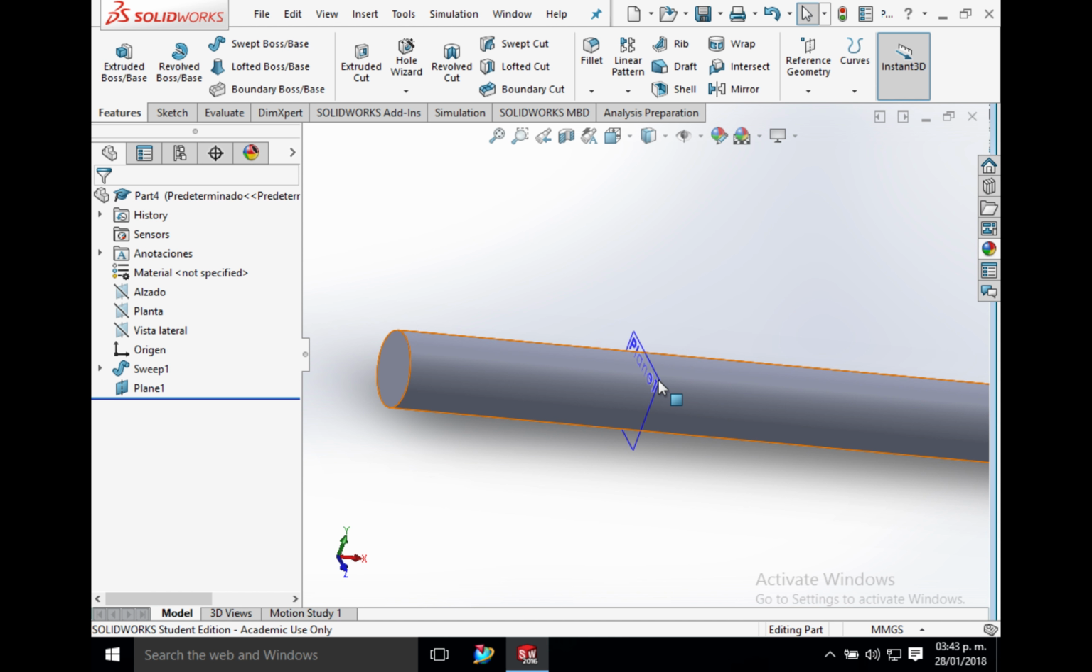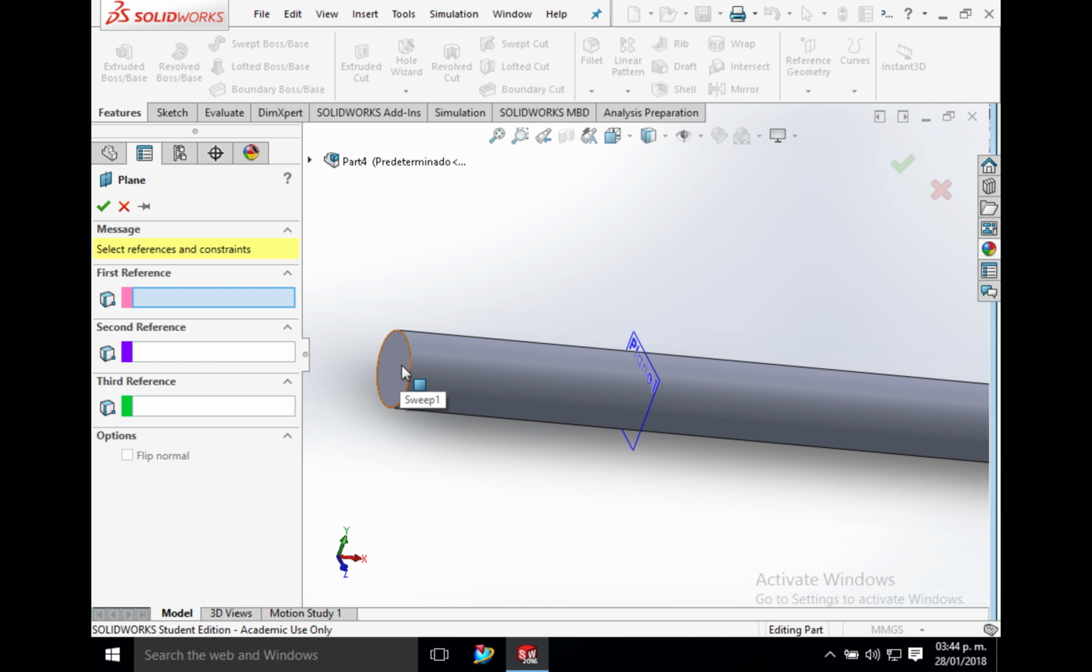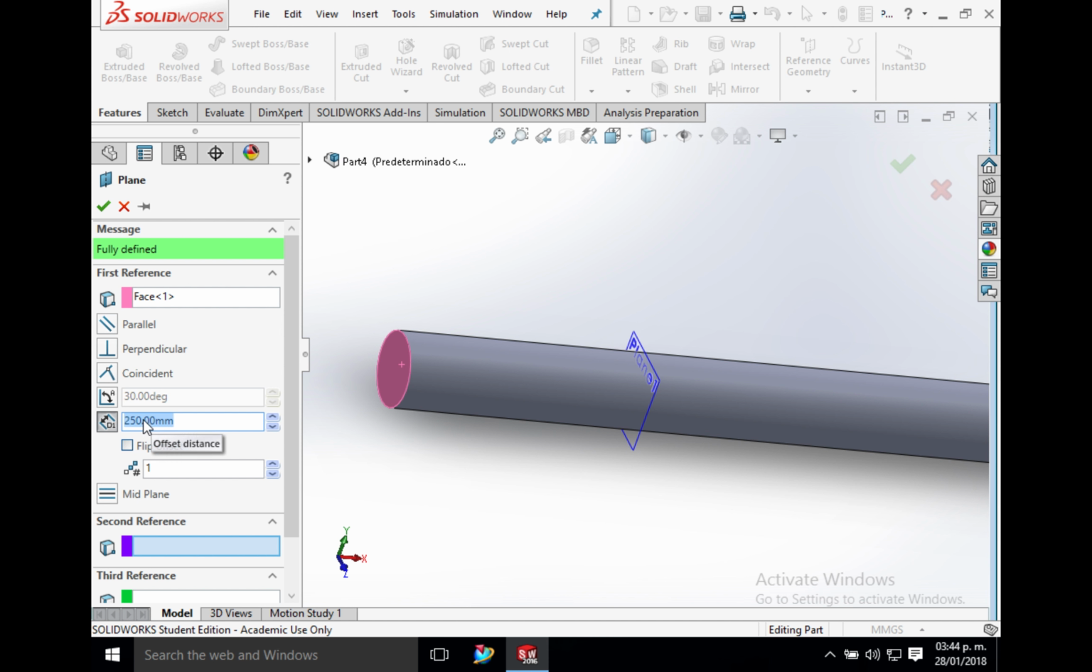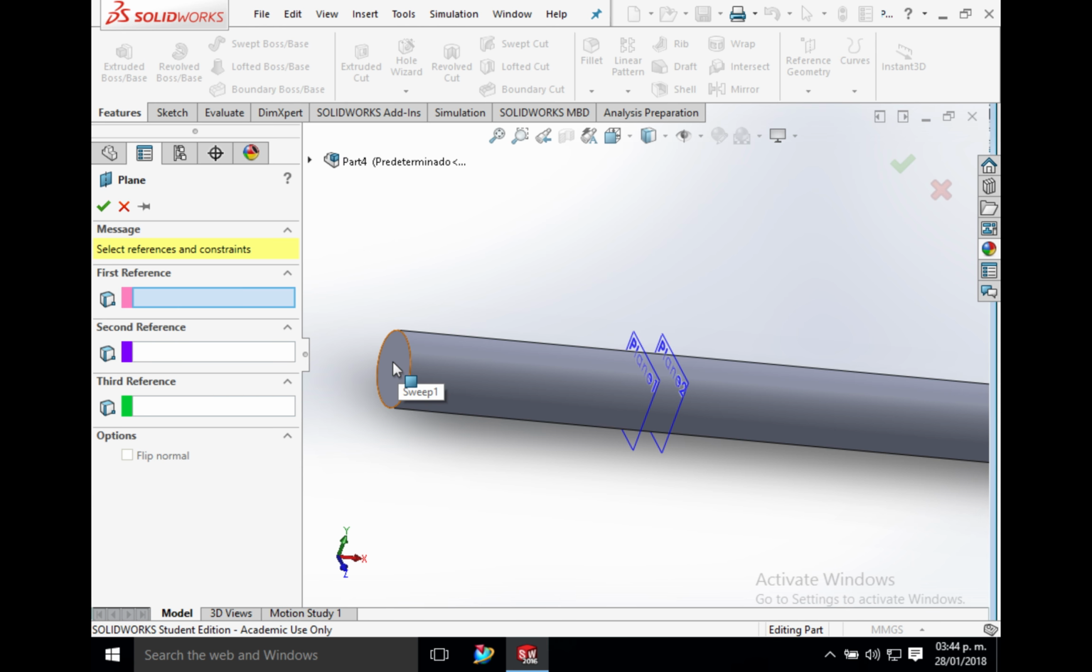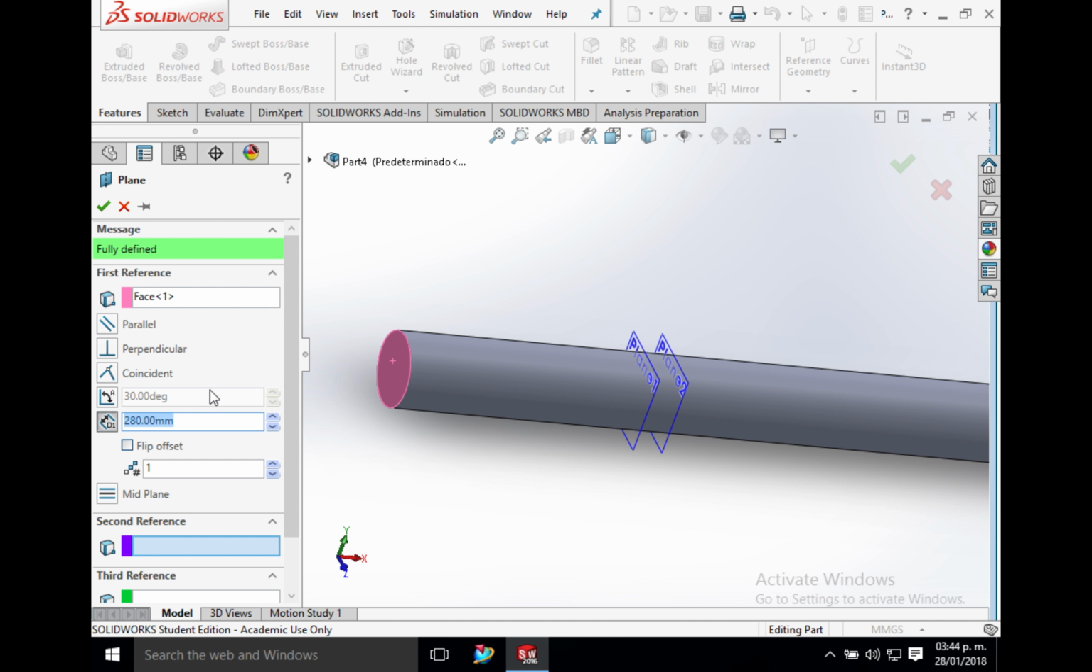Now this plane is created, and you unselect this plane. You click away, then you click reference geometry and create another plane, very similar to that one. This face. Then instead of 250, you select 280, and you click flip offset again, and you click OK. Okay, you unselect it, and go reference geometries, plane again. You go to this face, choose 480 this time, flip offset, click OK,